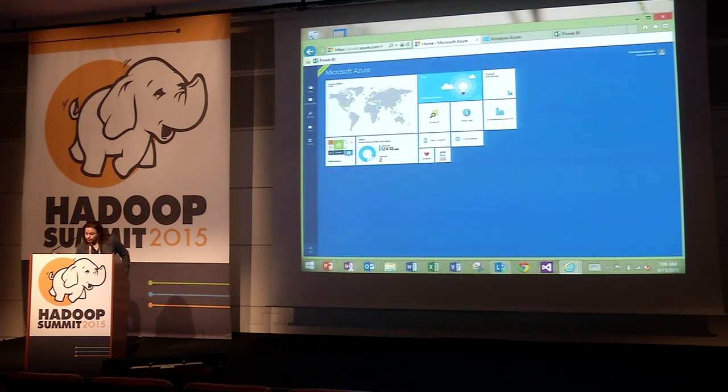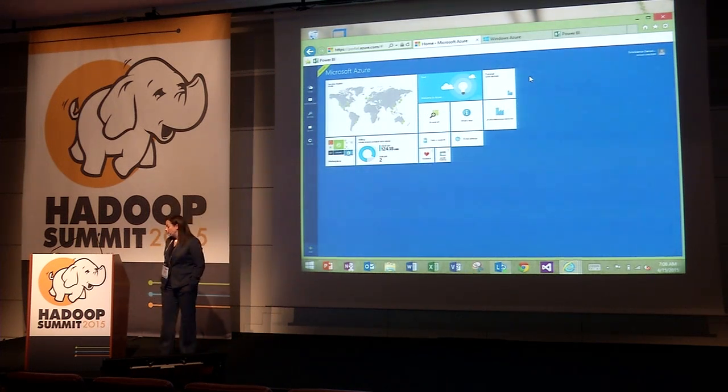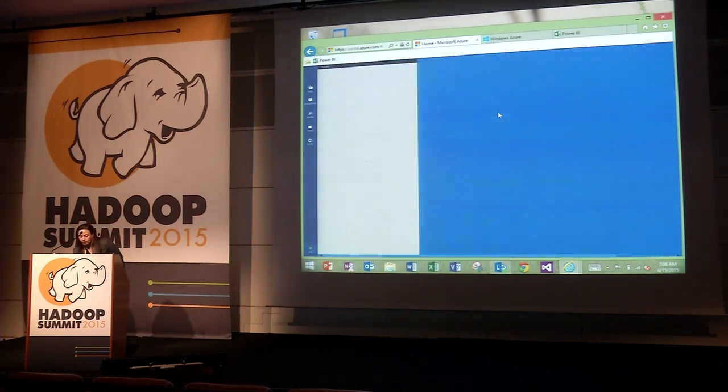So what you're seeing here is the Microsoft Azure preview portal. And in here, let's take a look at